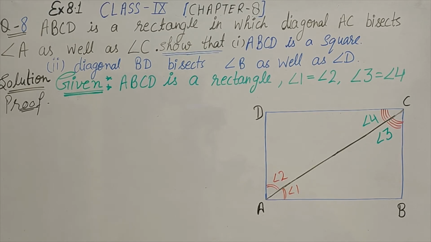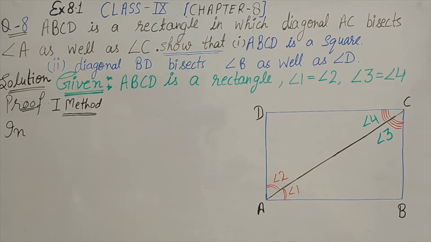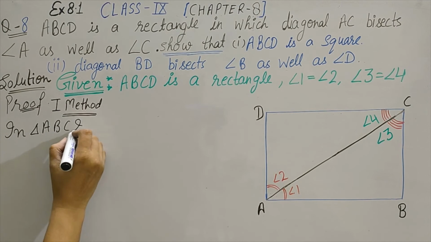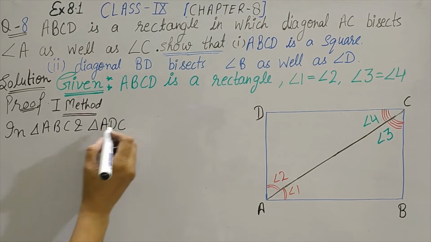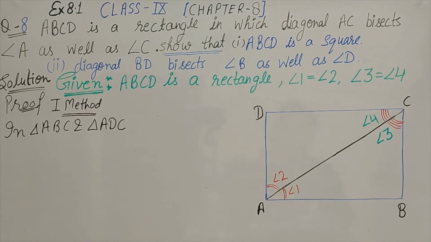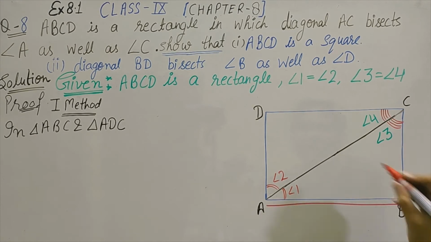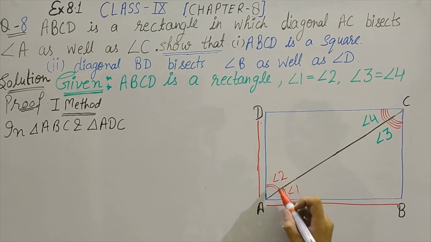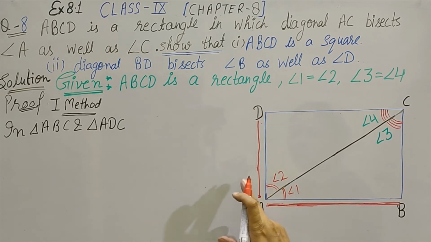Again, there are two methods. One by proving triangles congruent and second some logics between the angles. So let's see both the methods. So in first method, we are taking two triangles, triangle ABC and triangle ADC. Again, I will say the same thing. Knowingly, we will take AB corresponding to AD. As we are writing angle 1 is equal to 2, point A corresponds to point A. That is, AB is corresponding to AD.